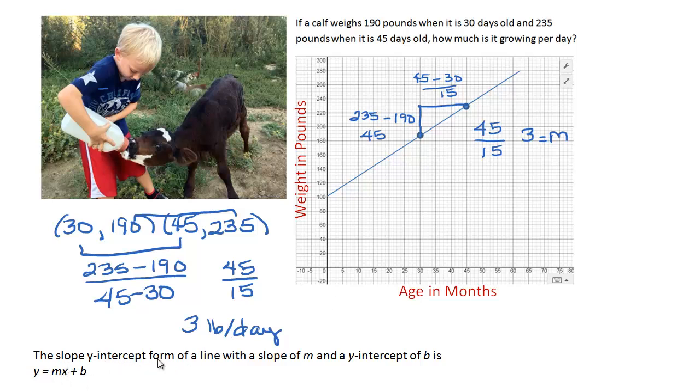The slope-intercept form of a line with a slope of m and a y-intercept of b is y = mx + b. That means that if we know the slope of our line, 3 pounds per day, and we know the y-intercept of our line, where it crosses the y-axis, then we can write an equation for this line and use that equation to predict things. For this little guy,